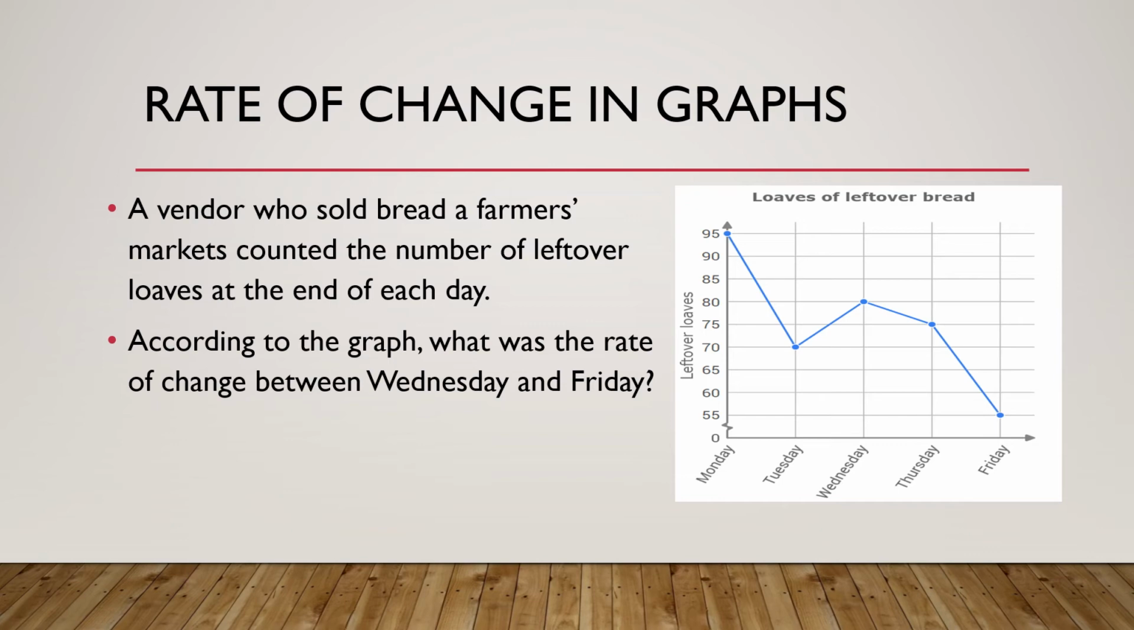A vendor who sold bread at farmers markets counted the number of leftover loaves at the end of each day. According to the graph, what was the rate of change between Wednesday and Friday? So Wednesday and Friday. So to find our rate of change, we do the change in our Y over the change in X. So our Y values are on our Y axis. So we went from 80 down to 55. So you would do 80 minus 55, which is 25,